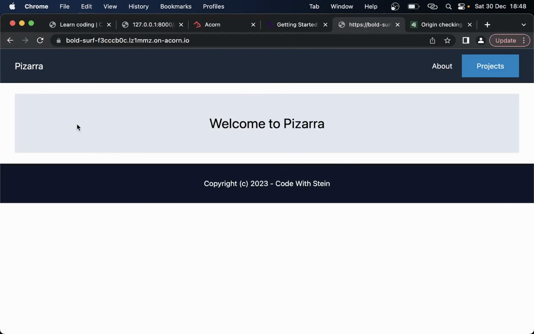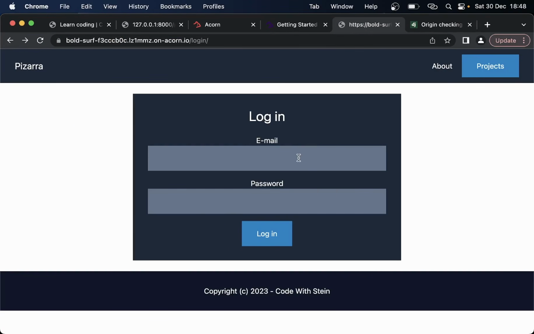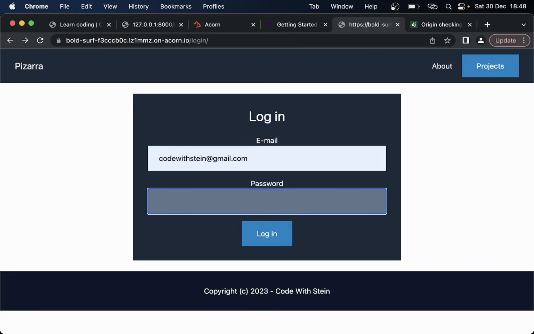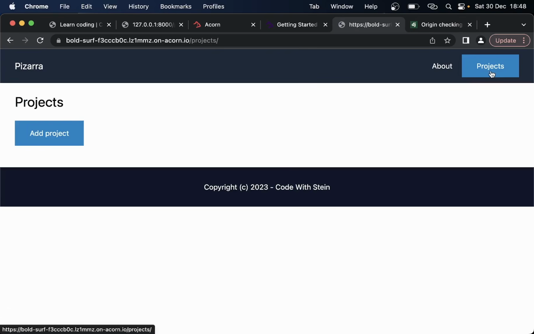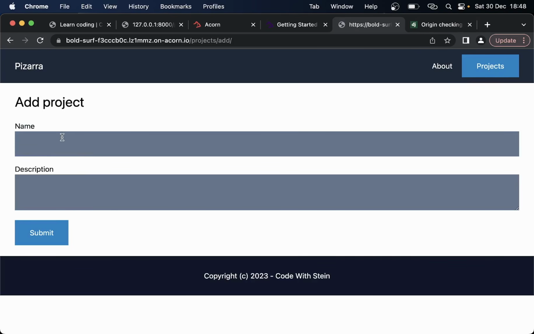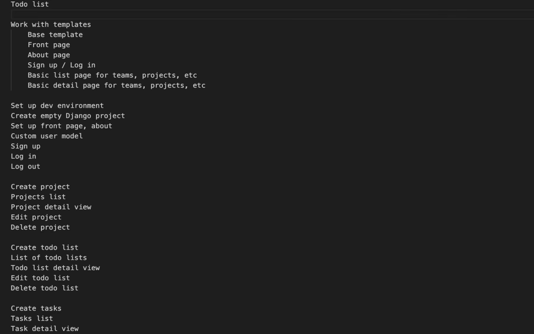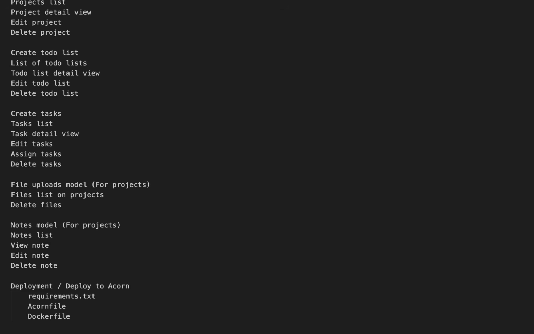Hey guys, in this tutorial we are going to build a simple project management system from scratch using Django, and I'm going to use Tailwind for the design. I haven't made anything for this tutorial yet, so you will be able to follow along all the way. All I've done so far is to set up a to-do list, as you can see here. So this is just a little bit to help me and give you a little glance of what we actually